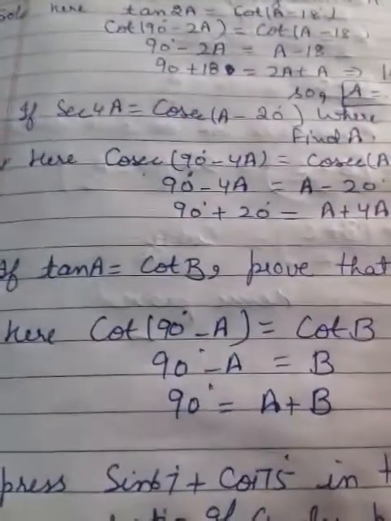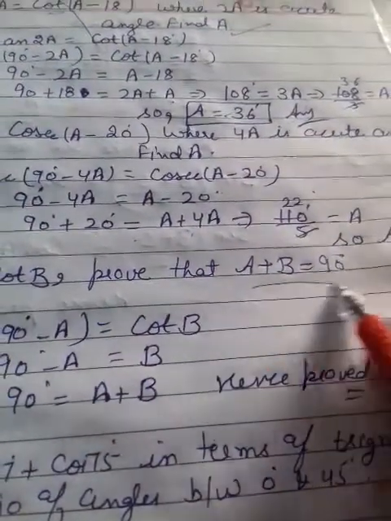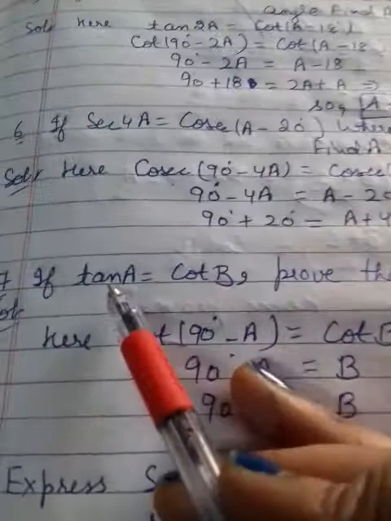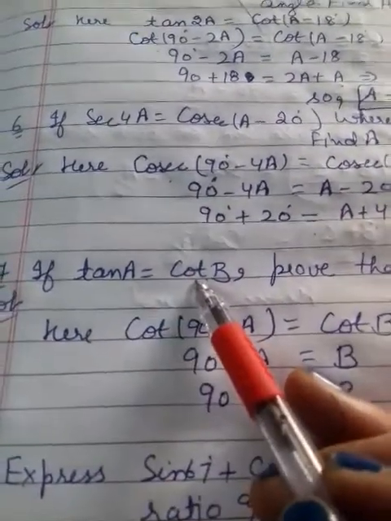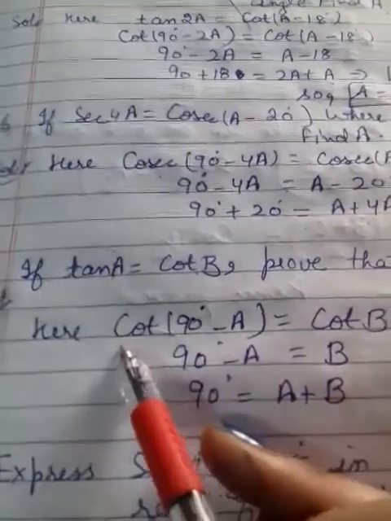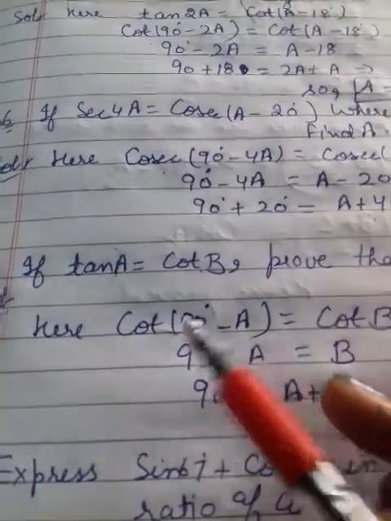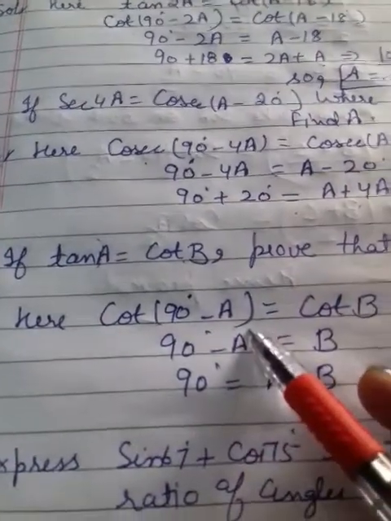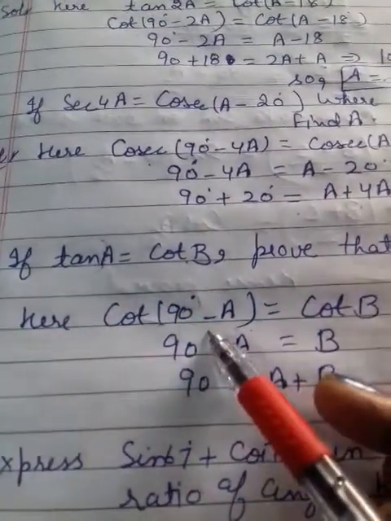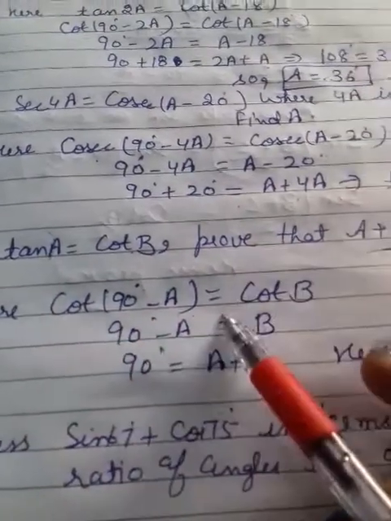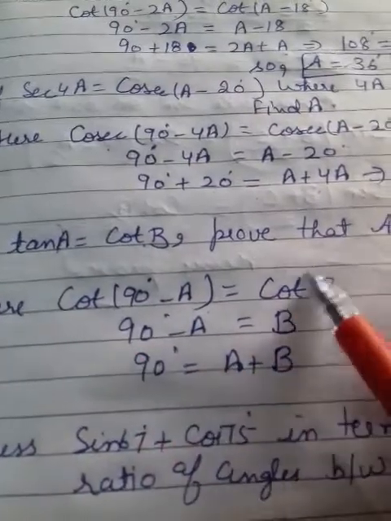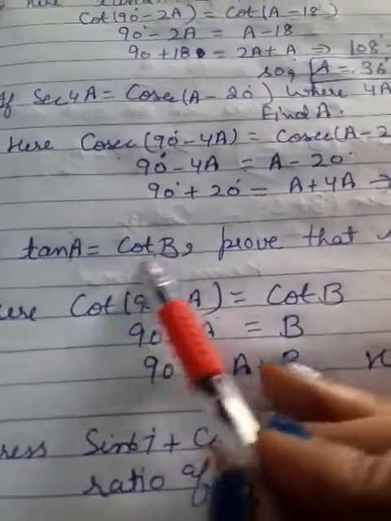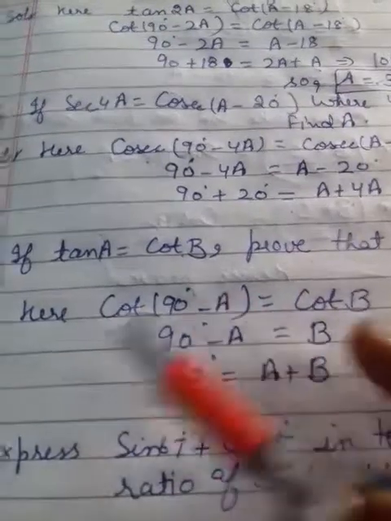Next question is, if tan a is equal to cot b, prove that a plus b is equal to 90 degrees. Clear? You know that tan a and cot b are making a relation. You can change it into one. I have written tan as cot(90 minus theta). Cot(90 minus theta) is your tan theta. So that's why I have written it, because I have to cancel cot. You will change to any one. Because they are not working, we have to cancel. Whether you change this one or that one, you have to make both the same and cancel them.